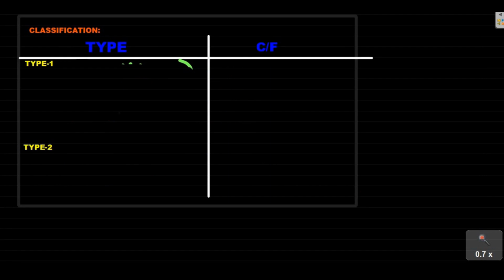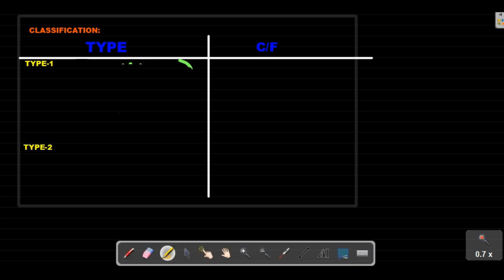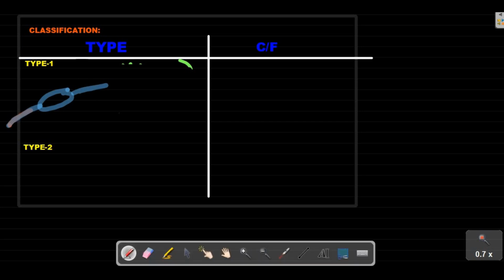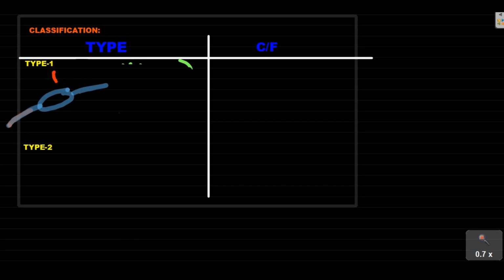Now, let's talk about classification of the condition. The hiatus hernia is classified into 4 types: type 1, type 2, type 3, and type 4. Let's talk about type 1. Now, normally, suppose this is the diaphragm and centrally this is the hiatus. And here we have the esophagus coming down. And we have this narrowing known as the gastroesophageal junction. And then the rest of the stomach, the fundus.